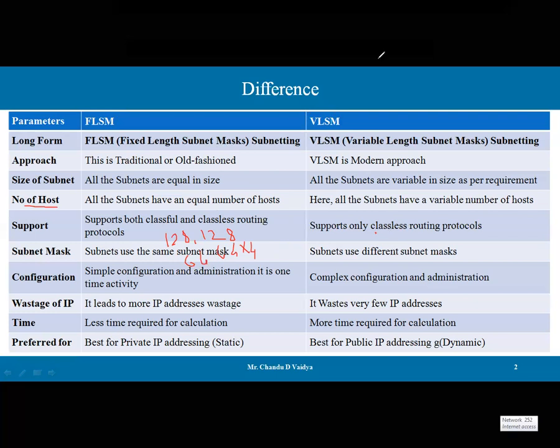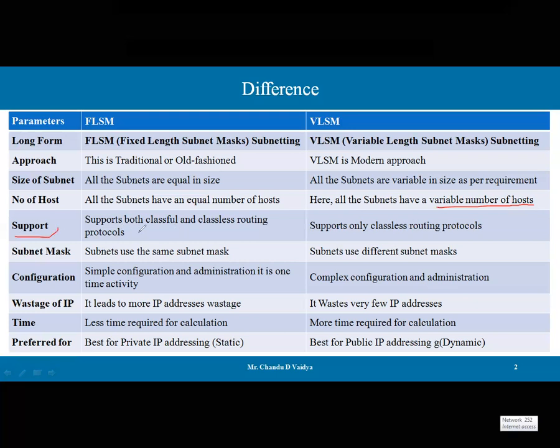This is very important, guys, and this is very useful in VLSM, where a variable number of hosts can be required, because nowadays organizations have their own requirements and they cannot rely on the fixed one, because IP addresses are becoming more, so they have a variable length requirement. Someone wants 28 hosts, someone wants 30 hosts, someone wants 25 hosts, whatever.